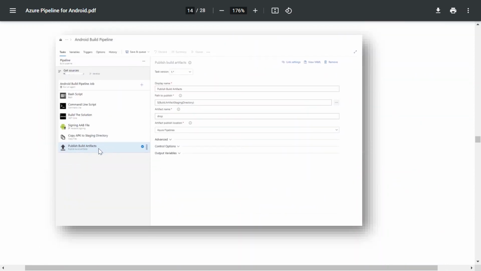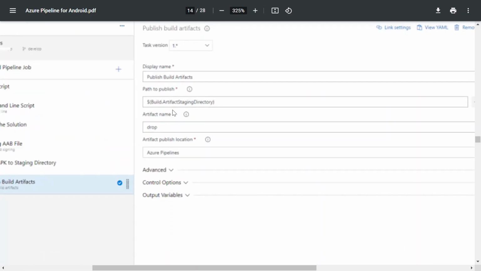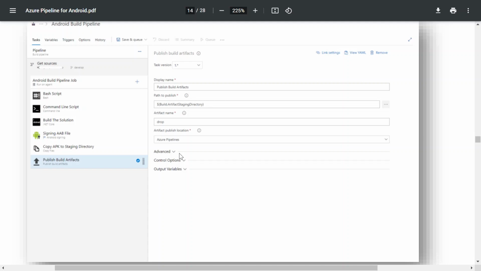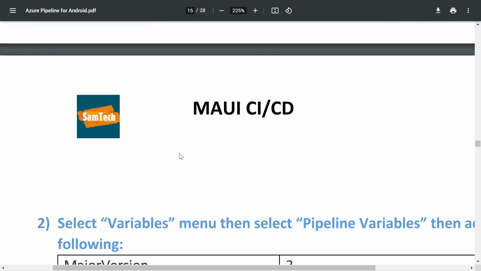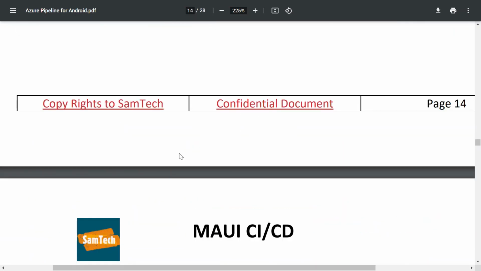Add a publish build artifact task, change the name, and the path to publish is the publish directory. So we are using the artifact staging directory. Then the artifact name you write as drop. Then artifact publish location you define as Azure Pipelines, and other things you leave as they are. So we are done with our